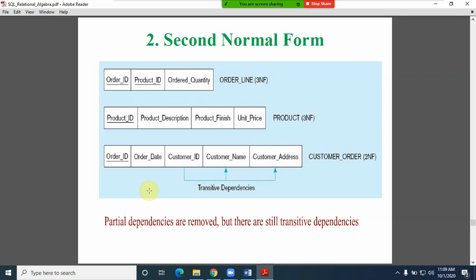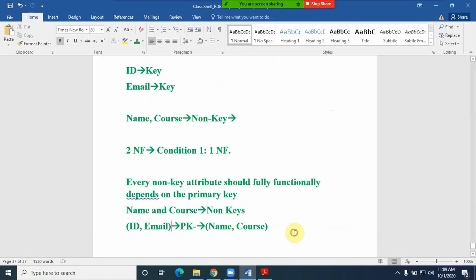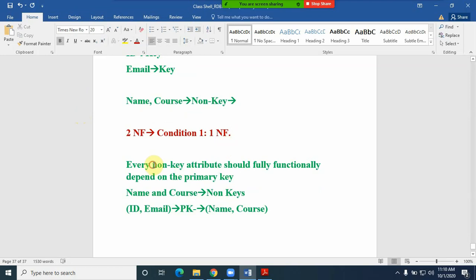Actually transitive dependencies are resolved in the third normal form, but up to second normal form our requirement is only avoiding the partial dependencies. Okay, let me record the same in the class shell. Okay, the first normal form is over, and the second normal form means if you refer to the second normal form condition, it should be in the first normal form. That is the basic requirement, and once that is satisfied in the first normal form, every non-key